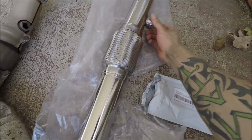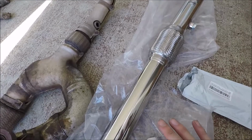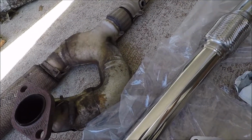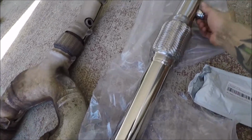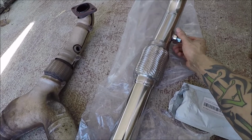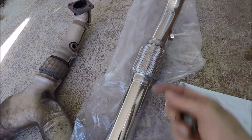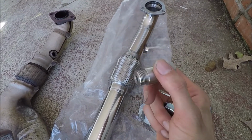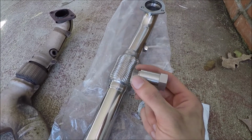Now, for the sensor, since we're cutting this cat out and this cat out too, that one doesn't have a sensor going to it. It doesn't matter. It's just a secondary cat. But this one, since we're cutting this cat out, when you put the O2 sensor in, it's getting all the heat, and it will set a check engine light. So what you do is you can either get the other way to do it. I've done it before. You get the spark plug